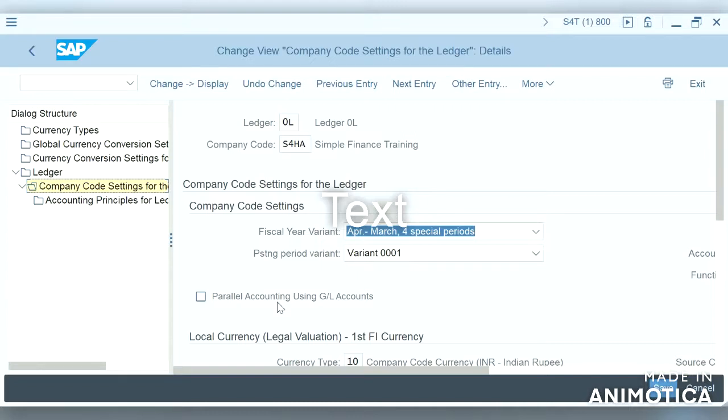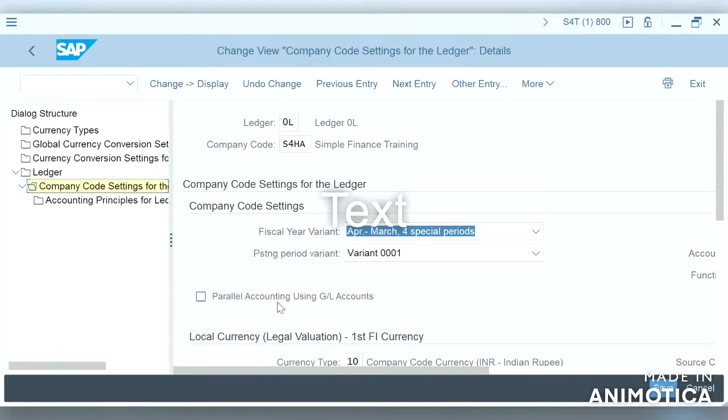Normally they will create two different asset accounts, one for India GAAP and one for IFRS. So if they want to report for IFRS, they will pull the account which they have created for IFRS. If they want to report for India GAAP, they will pull the account which they have created for India GAAP. So that is the account based approach.